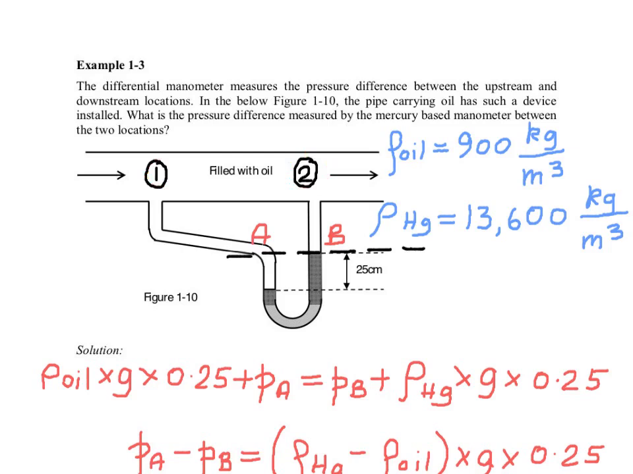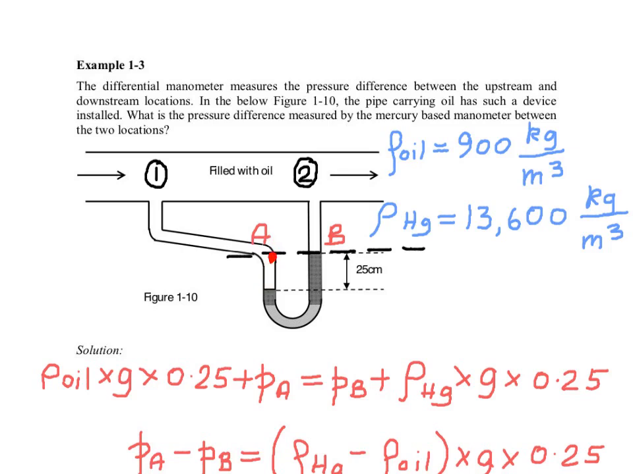So if you look at the question, it says that oil is the fluid. We have here the density of oil, 900 kilograms per cubic meter. We also have the measuring fluid, which is mercury, 13,600 kilograms per cubic meter. So let's phrase the hydrostatic equation. Basically, what we are saying is the pressure at A